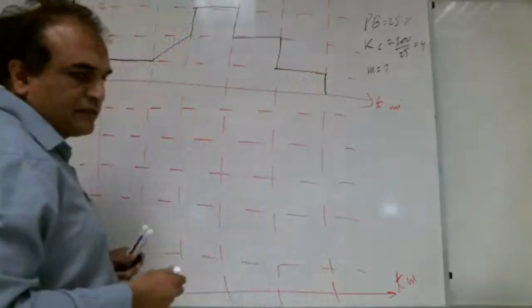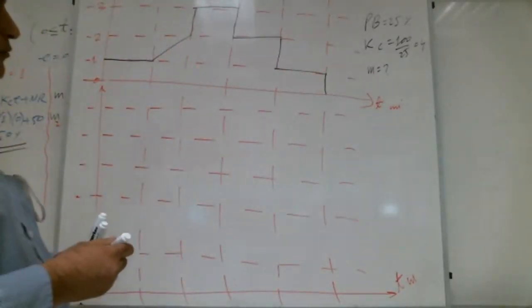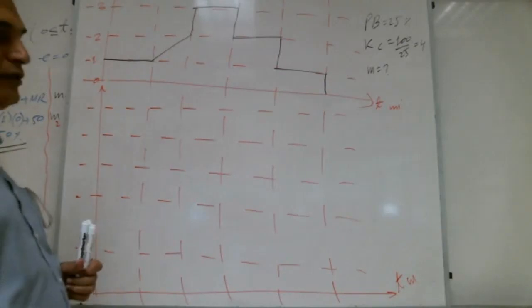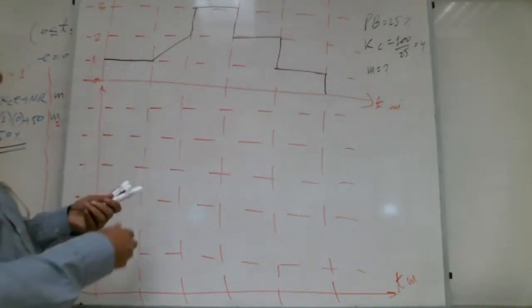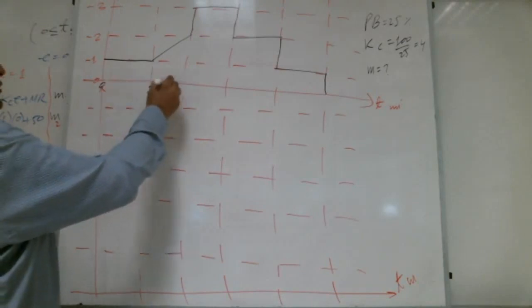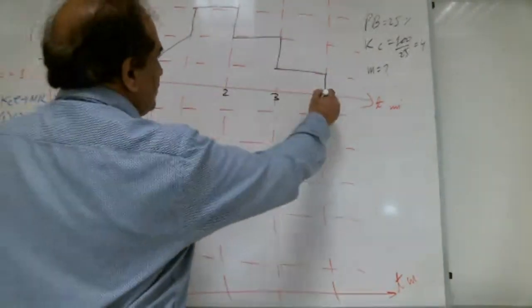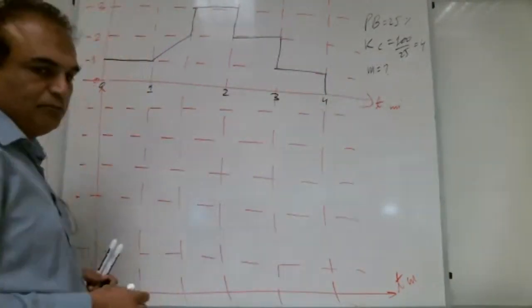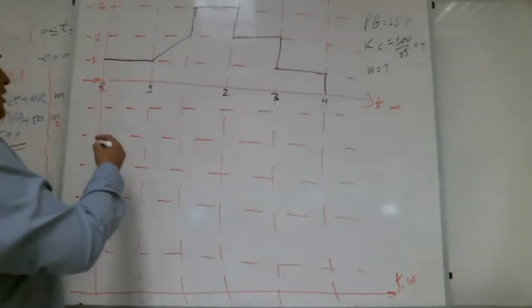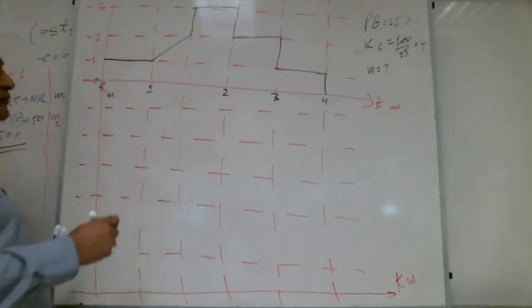Error is given like this, right, Shabab? So this is the given error. This is 0, 1, 2, 3, 4 minutes the time is going, and we need to draw the output for this error.